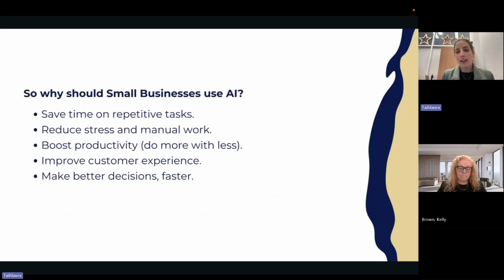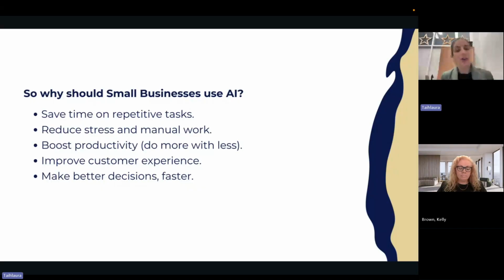The things that I love about using AI is that it really does save time on repetitive tasks, particularly anything that can save us time when it's writing emails or doing some of those boring admin tasks that we know we have to do as a small business. If we can eliminate some of that time spent doing that, so we can actually spend time doing the things that we love doing, that's a big tick in my eyes. So that's where AI can come in really handy.